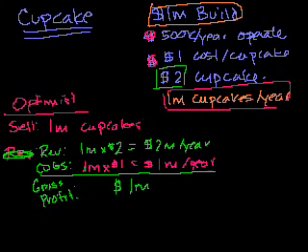But no, we're not done yet. This is just the gross profit. This is just the money directly from the cupcakes. But I have all of this overhead expense, and oftentimes on a regular income statement, it'll be called selling, general, and administrative, or overhead costs, or operating costs. I'll just call it overhead. I'll make it red because it's an expense. So this should be red too, COGS. Once again, that's kind of the offices and the accountants and the bookkeepers. So that's going to be $500,000 a year.